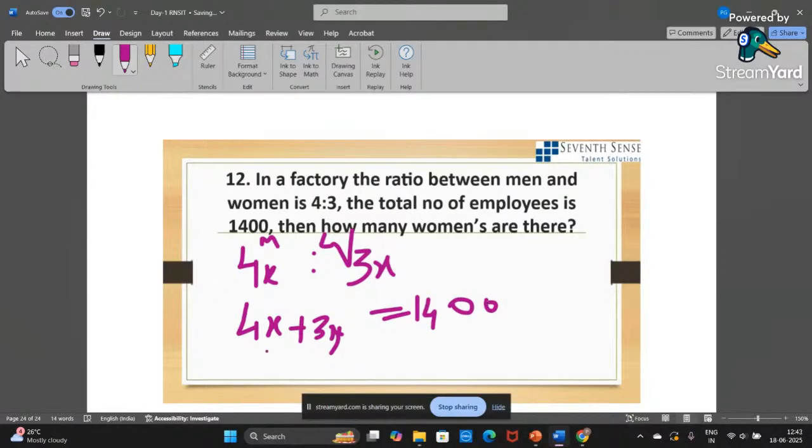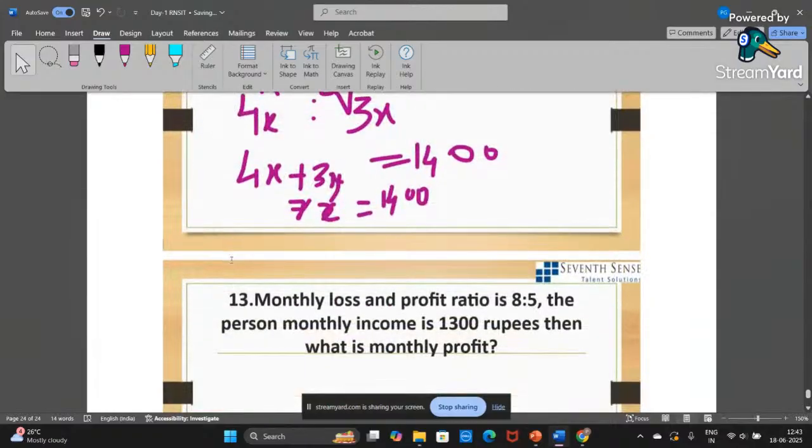Let us find the x value now. 4x plus 3x is 7x. So they told us to find out the x value. So after calculating this,